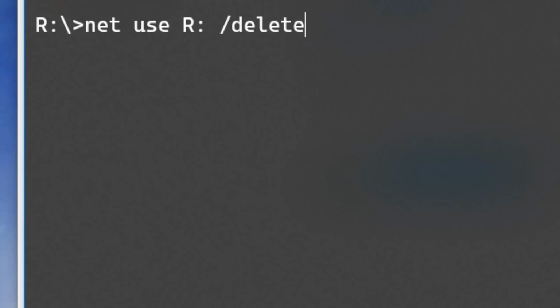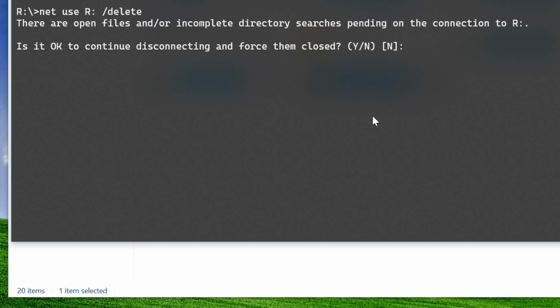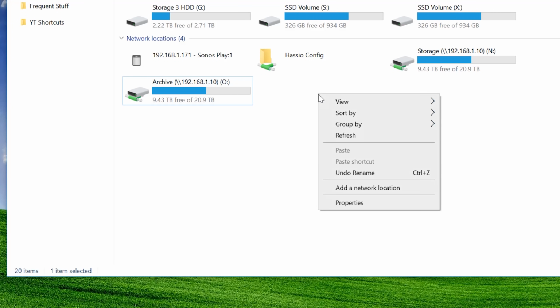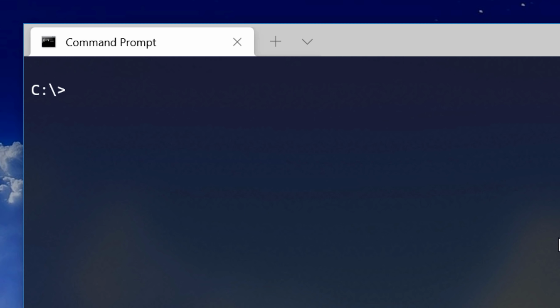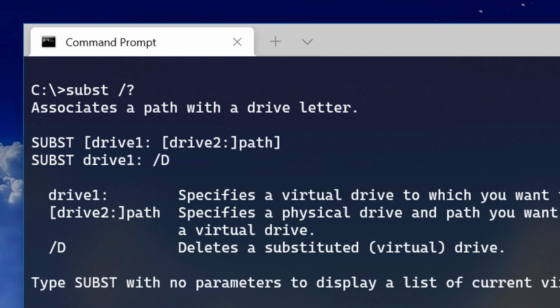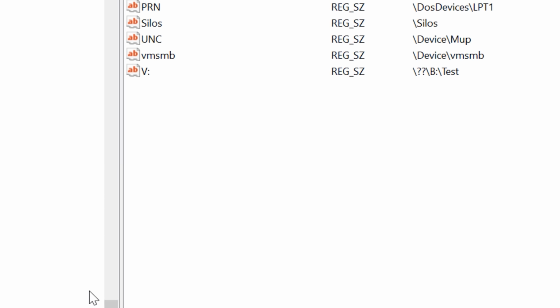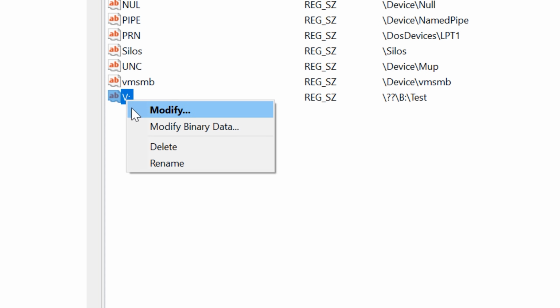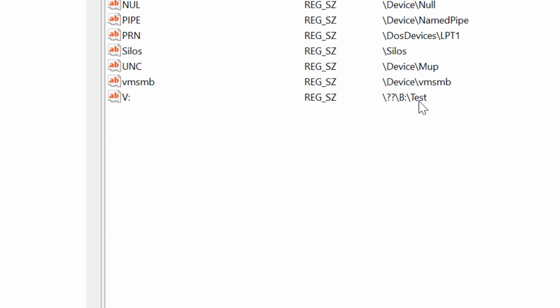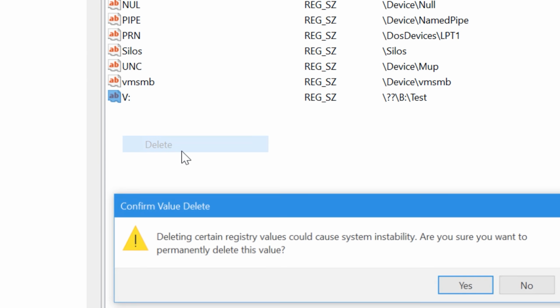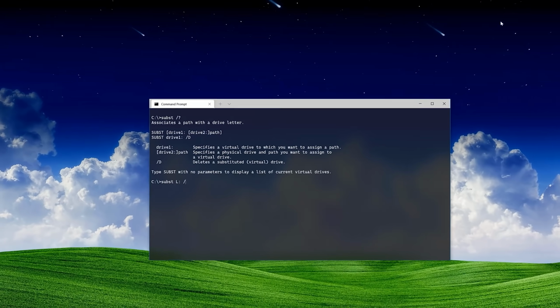And then if you want to remove these, you can just type in net use and then the name and then /delete. And then I don't know what this is saying. I guess it's open, but we can just type in yes, and then there it goes away. And also if you want to get rid of something you created with subst, you can see that basically the /d command does that. So let's say that I created subst L, you can just do /d and that would get rid of it. And if you created it with the regedit, then you would have to just go in and delete it. Make sure you, again, don't delete the wrong thing, but this is the one we created. You just delete it like that. And then on the next reboot, it will go away.